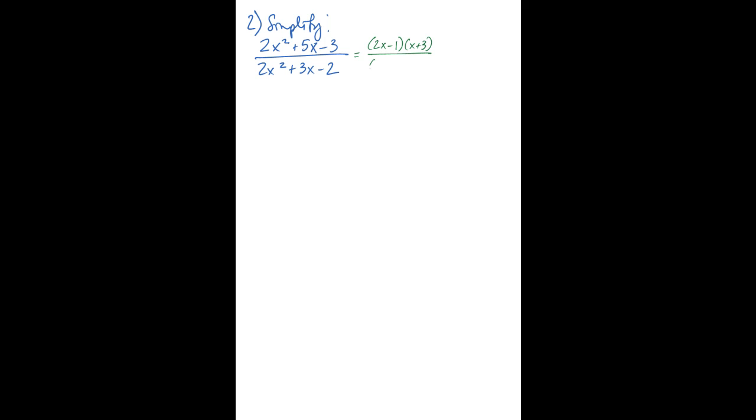The bottom, if we factor, we get x plus 2 times 2x minus 1. We notice we have a 2x minus 1 on the top and a 2x minus 1 on the bottom, so we can divide them both by 2x minus 1 to get 1. And so we get x plus 3 over x plus 2 as our final simplified version. And again, of course, we just note that we can't have 2x minus 1 equals 0